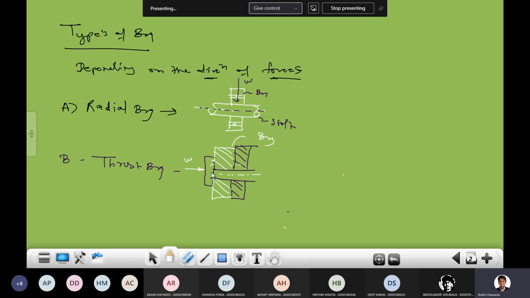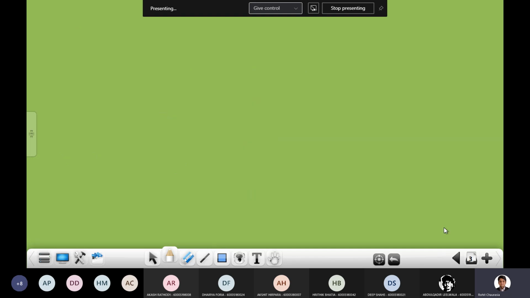तो यहाँ पे when we have a thrust load, that time I can use only the thrust bearing. Otherwise यदि मैं रोलर बेरिंग यूज करता हूँ that time there is a chance क्या है कि bearing is going to fail. Okay, and next if I'm going to categorize the bearing,